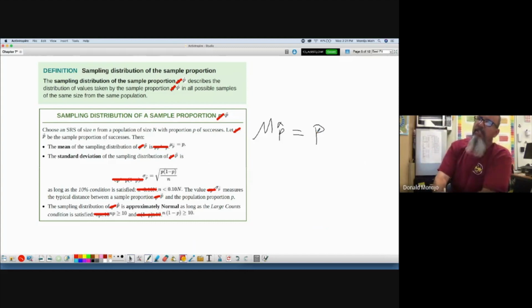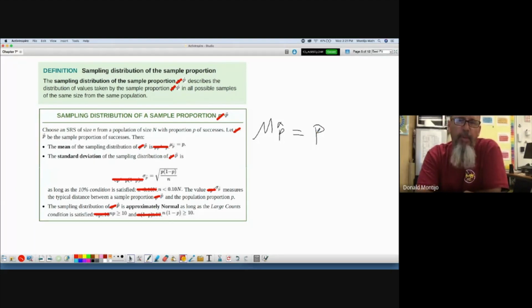However, the standard deviation, which is the spread we saw in the last bar graphs or dot plots, histograms, whatever graphs we were looking at previously for the Survivor data, we saw that the spread changed as the sample size got larger and larger. So you can see this